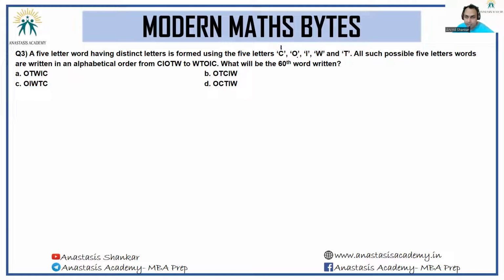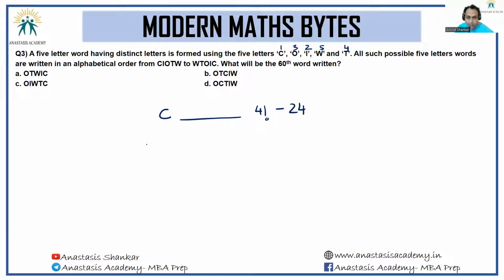This is the smallest letter, or alphabetically the earliest letter. This is the second one. This is the third one. This is the fourth one. This is the fifth one. Okay. So if I fix C at the beginning, the remaining 4 letters can come in 4 factorial or 24